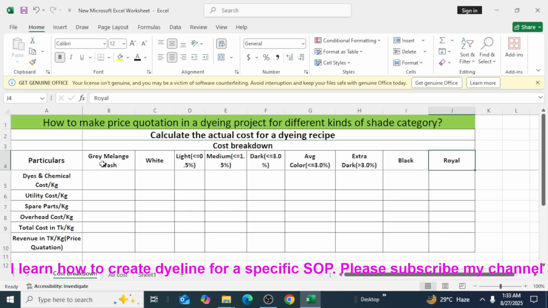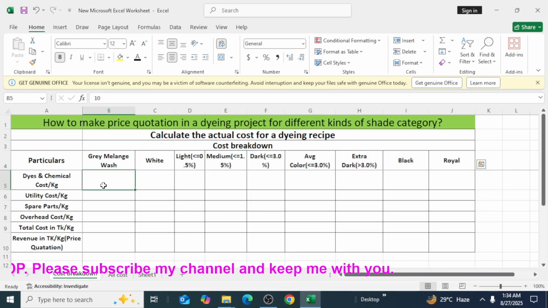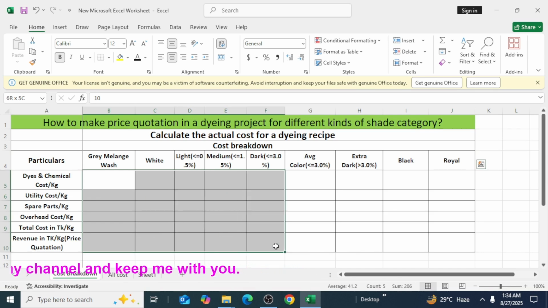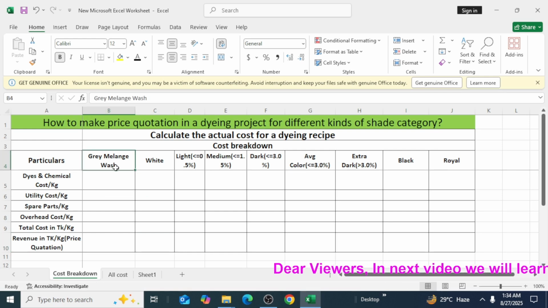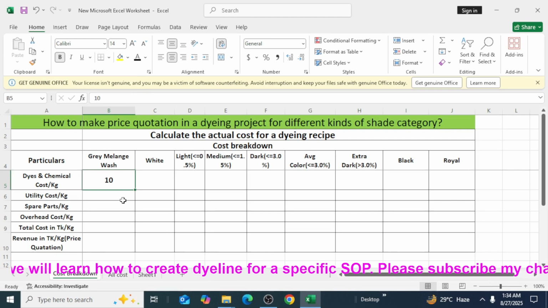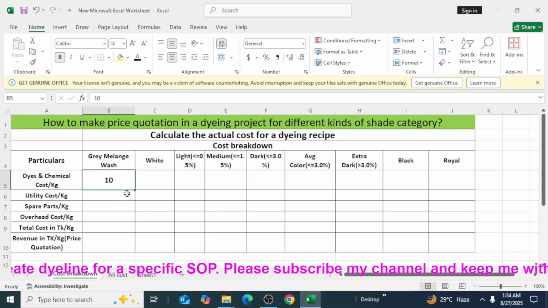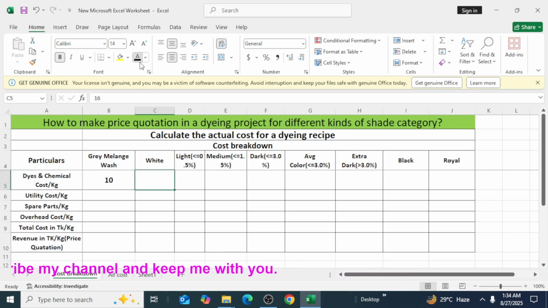Dear viewers, for all of these shade categories, I will calculate actual cost for an example. Please don't take it in any negative sense. Dear viewers, let for gremlin wash dyes chemical cost is 10 taka per kg, and for white color dyes chemical cost is 16 taka per kg. In this way,